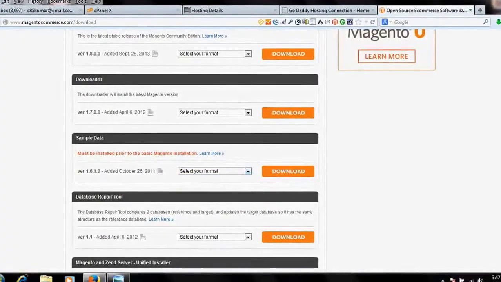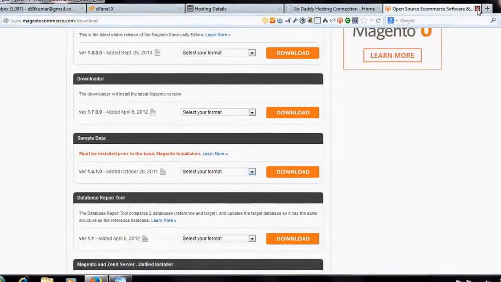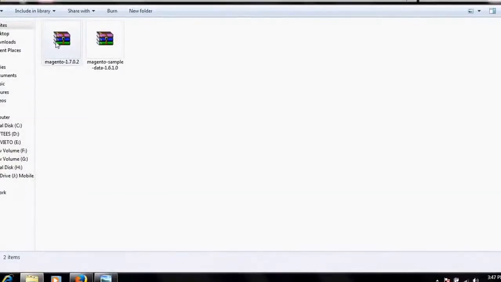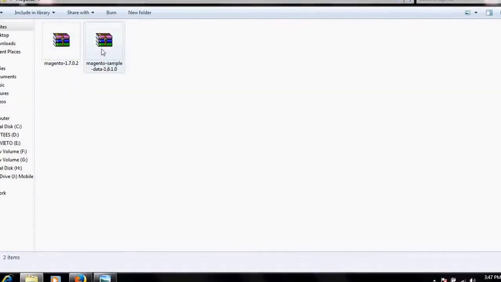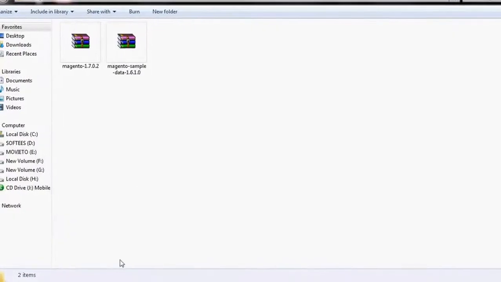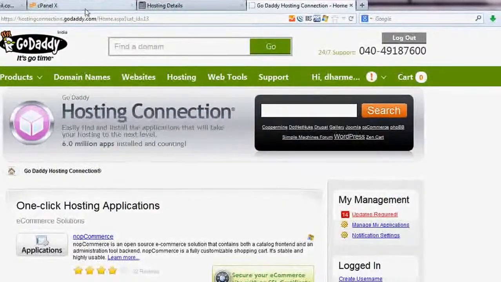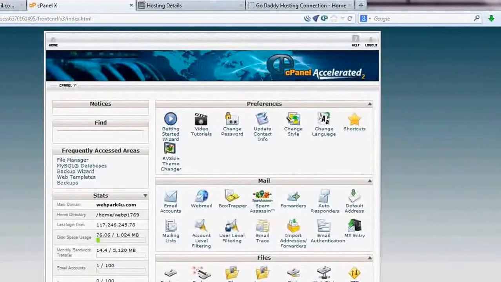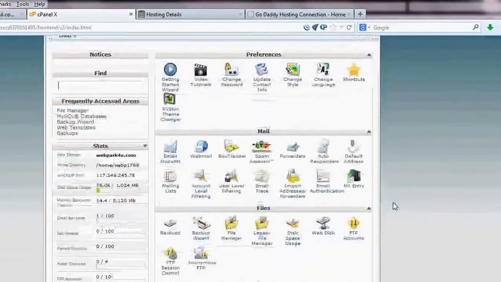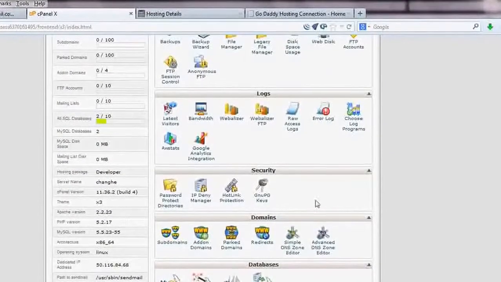Okay. I had already downloaded it and kept it in this folder. So this is Magento and this is Magento sample data. Since first of all I'm going directly, my hosting provider is cPanel. I'm using cPanel hosting, and cPanel hosting is also one of the best hosting providers, which includes one-click installation of